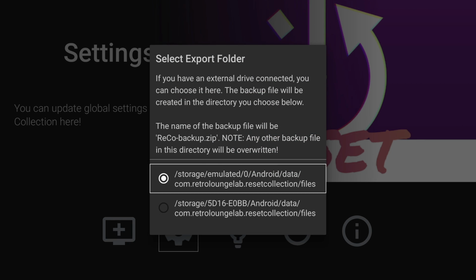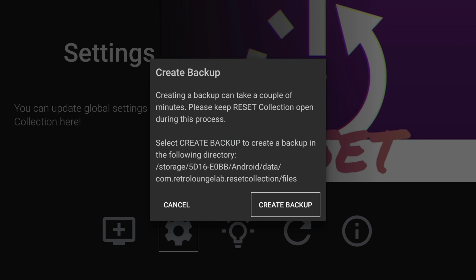Now Reset is going to give you options of where you want to save your backup. If it detects that you have external storage, you will see that option here as well. Selecting external storage is a convenient way to move that backup data file to the device that you want to set up on, or let's say it's an external USB drive. You can connect that external USB drive to a PC as well as your device and move the backup file that way. So I'm going to select the external storage for the location of my data backup file,